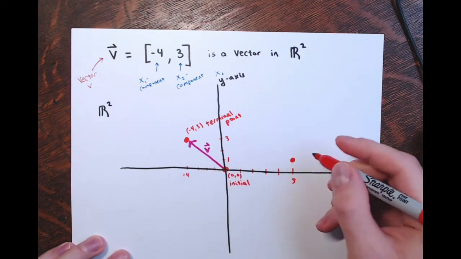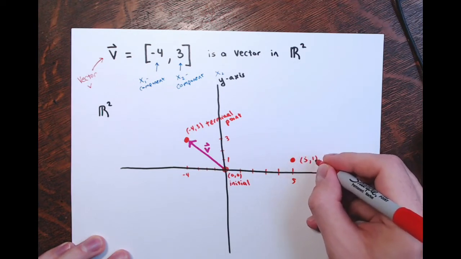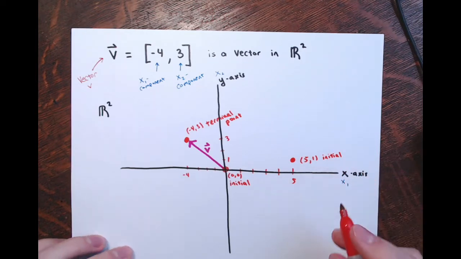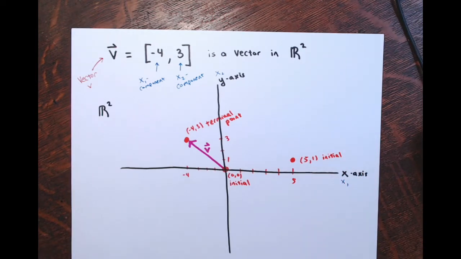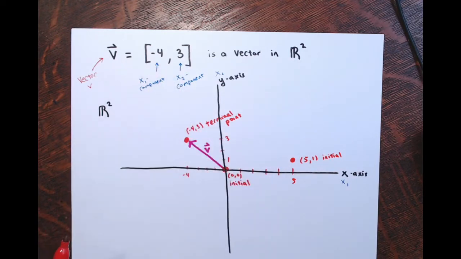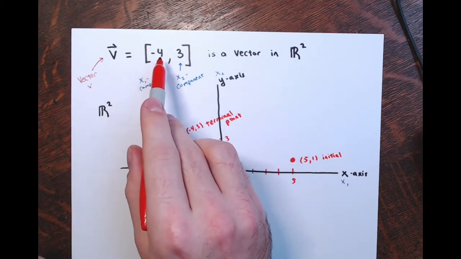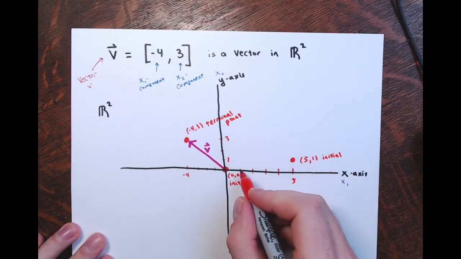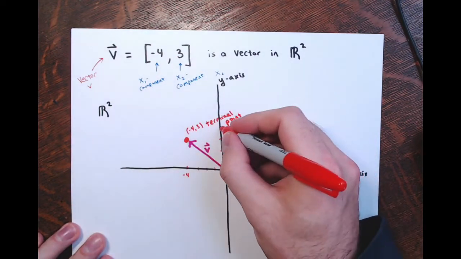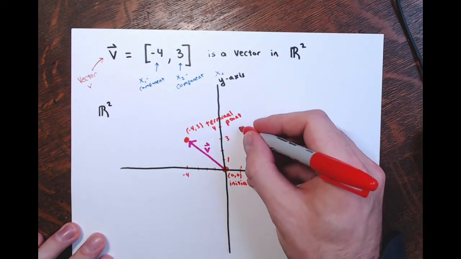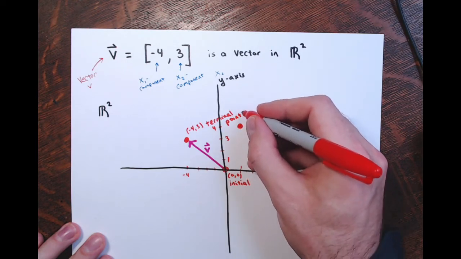Let's say the point 5, 1 was my initial point. And then I travel from there along the vector v. I use motion vector v here and go left 4. So left 4 and then up 3. If I do that, if I go left 4 and then up 3, I'm going to land here, and that's